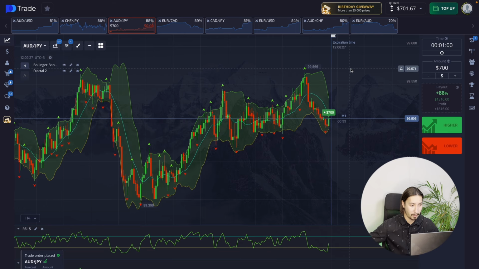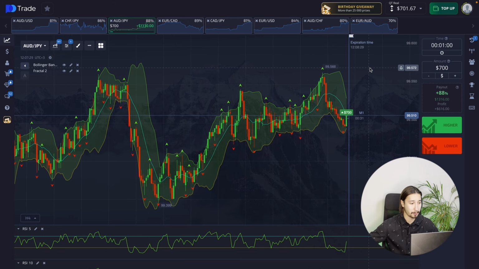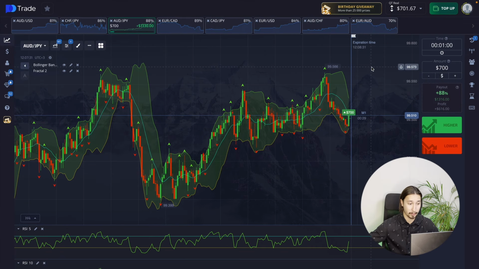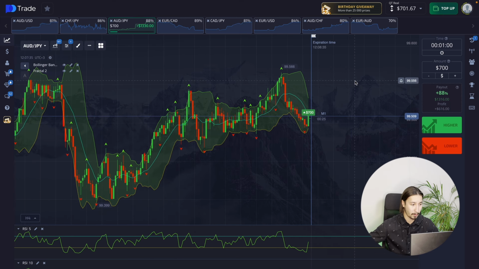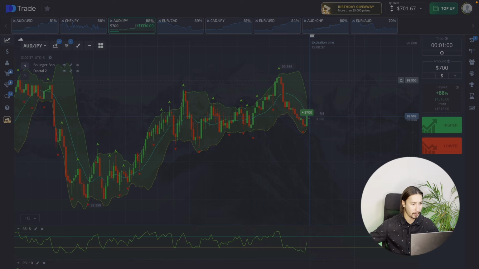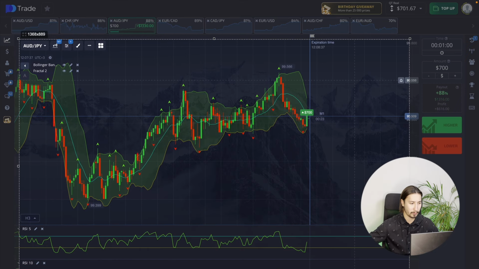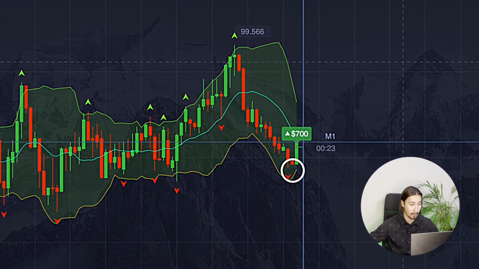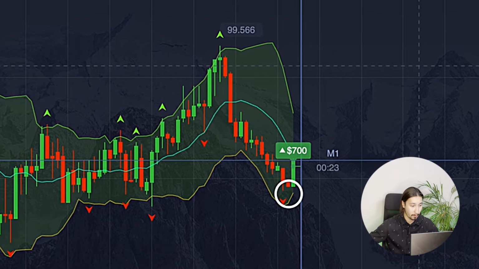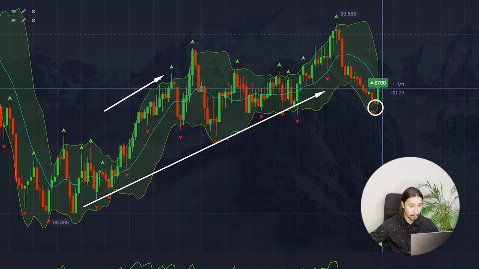Alright, let's begin with the first currency pair. Okay, here I will open a long position in the direction of the trend, which is also an important sign of opening my deals. I always try to do this. Here we have formation of a new local minimum touching the lower Bollinger Band, and also with the upward dynamics we have updated the local maximum, right? Let me just point out